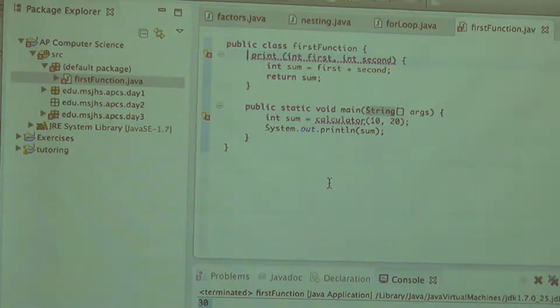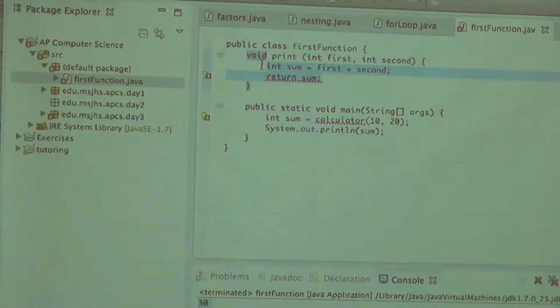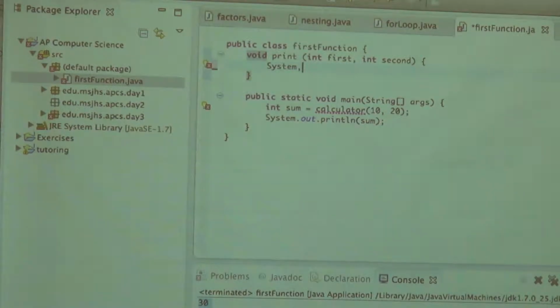Okay, so there's two things that are wrong with the code right here. First, I need a return type, right? I need to specify what type you're returning. So that'll solve the first issue. The second issue is you're still returning something, but you're telling the program that it's not returning something. So the compiler is going to complain because you're telling it that it's not going to return anything, but then you're returning something within the code. Does that make sense? So let's say I want to print out